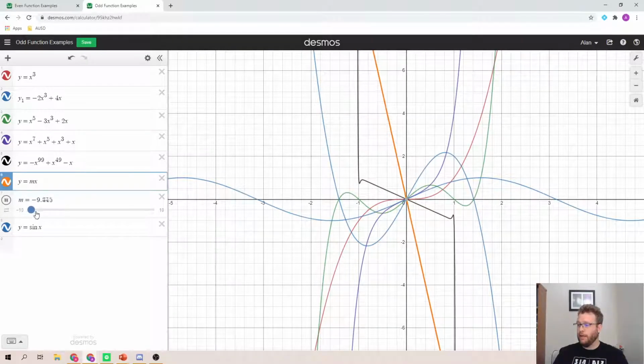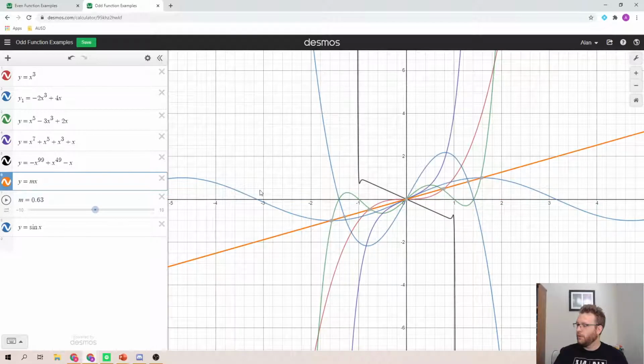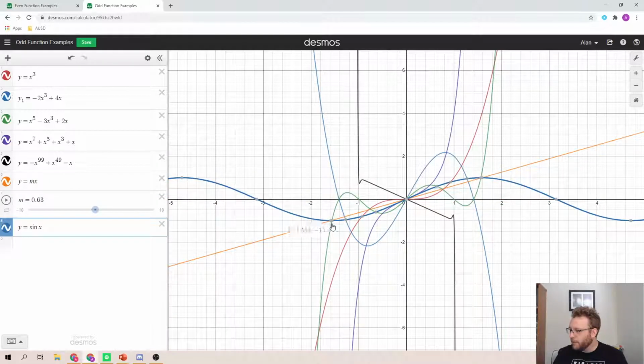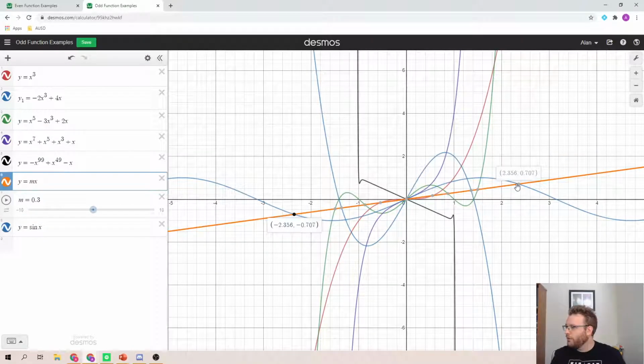If I go ahead and let it swing back around for a quick second here, there we go. Just barely. Let's move it a little bit further out so it's easier to see. We get 2 points that, again, match with having the same x and y values but with opposite signs. And so this is what makes a function an odd function. Now, switching back to our presentation,